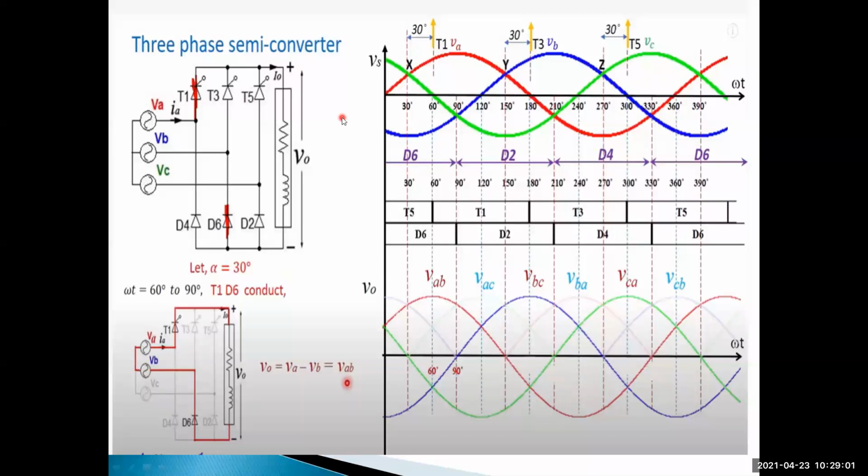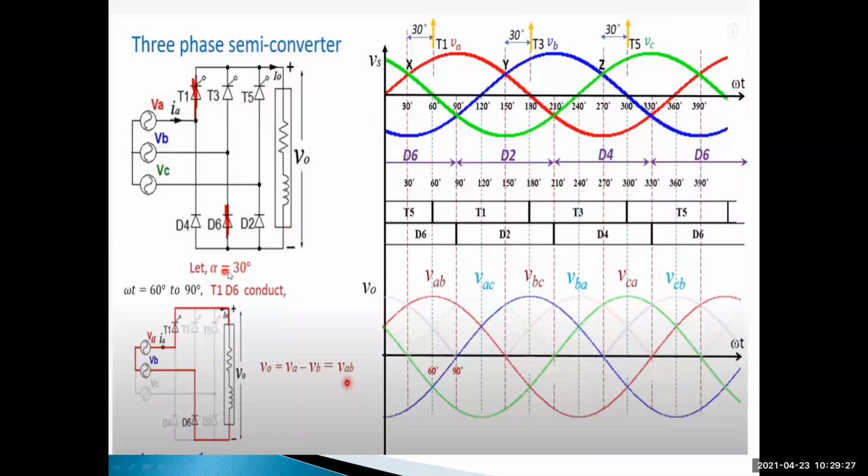Another thyristor is already in conduction mode, so that's why there is a disturbance in the switching sequence. That's why it's only possible to conduct above 30 degrees. Understood? Above 30 degrees only, that means pi by 6 plus alpha. So pi by 6 plus alpha, where alpha is equal to 30 degrees, that means 60 degrees. Alpha is equal to 60 degrees.